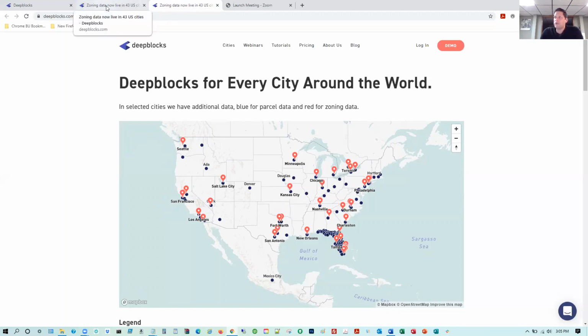And again, on the front end, remember we have an export CSV functionality, which I'll demonstrate, which allows you to export out all the parcels that are matching in your search. And in the back end, we have export PDF file, which you can look at as a 4-page report and share with your colleagues and partners so they can see the different scenarios and evaluations that you're making while you're developing this particular site. Just another couple of parts of our site as well. As I mentioned, we have the cities. We also have a webinar tab.